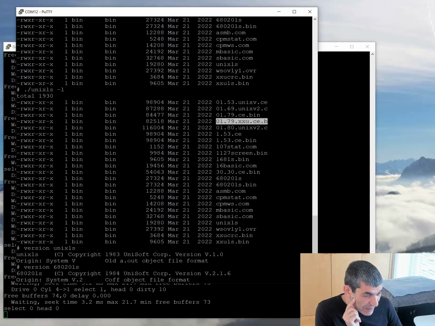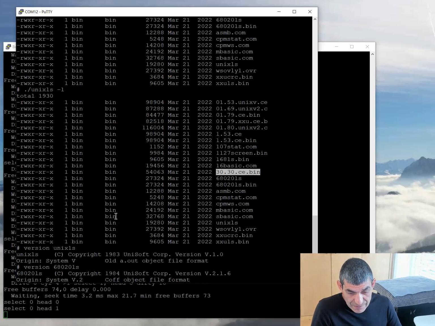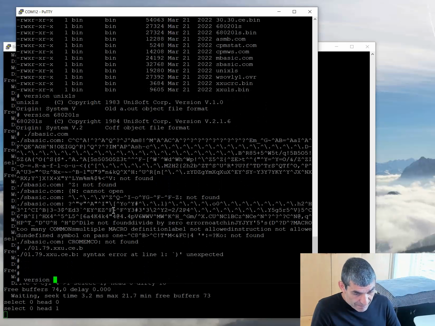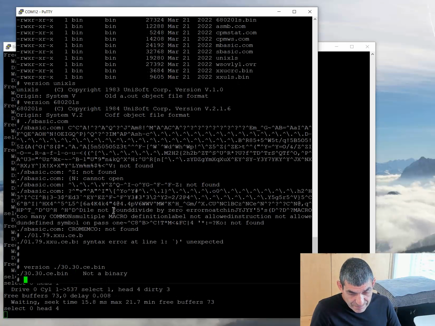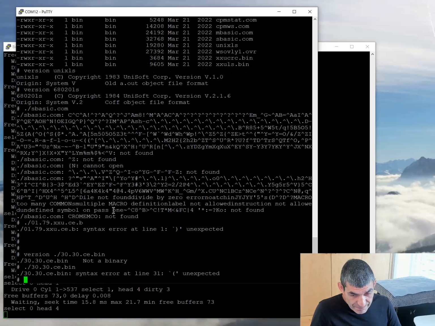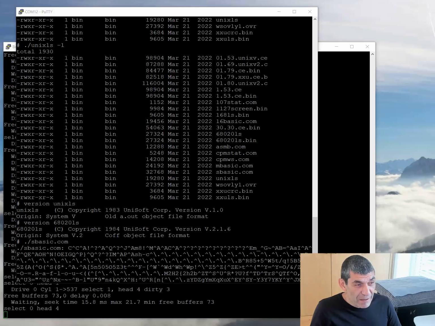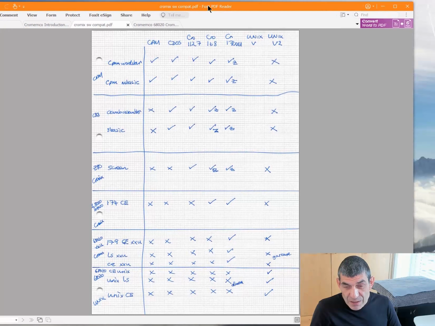I had, what did I have here? I had 174 of the CE editor. I don't have that listed here. Here's a CE editor. If I do version on this program here, it doesn't even think it's a binary. It just is, you know, it's... yeah, it can't run it. It can't run it. So what I'm trying to show you here is that the system, the Unix Cromemco system,